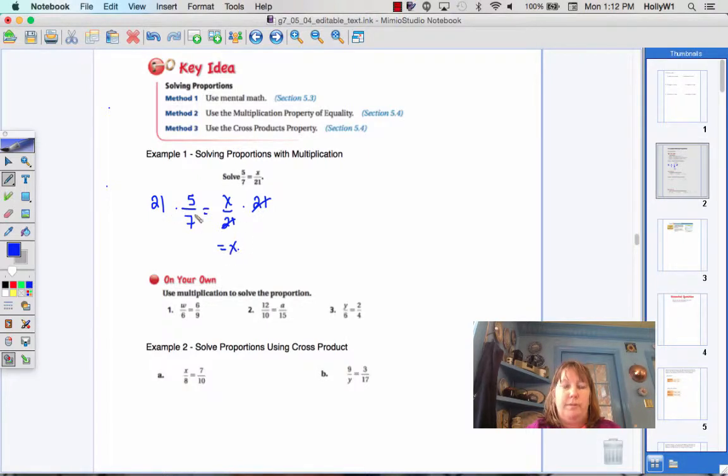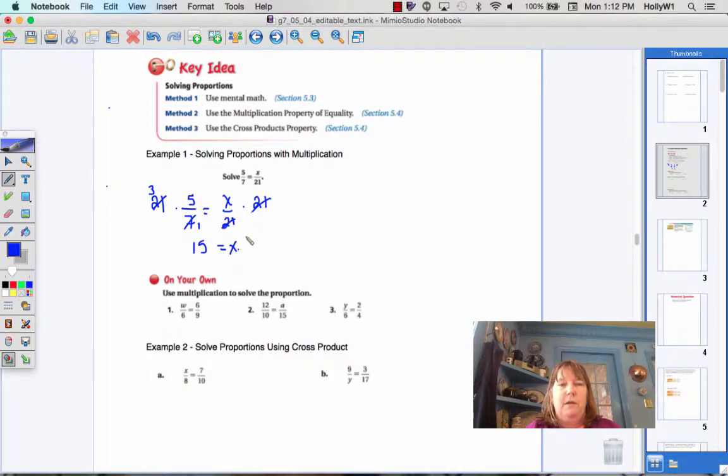And I'm going to cross simplify because I'm lazy. I don't like to multiply 21 by 5 and then divide by 7. That seems like a lot of work. So 21 and 7 are both divisible by 7, so 7 divided by 7 is 1. 21 divided by 7 is 3. So 3 times 5 is 15, so x is equal to 15,